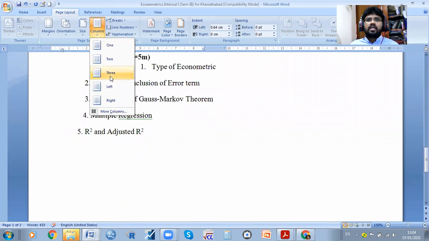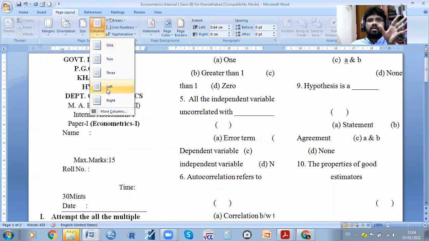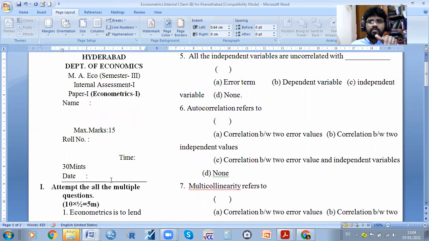Then if you want, you can take 3 columns within 1 page. For example, when you're giving an advertisement to someone, they will publish it column wise. The best example is the newspaper. If you take a Telugu newspaper, some headings will be in only one column, which is only for the main headings. The remaining columns will carry matter about other related news.